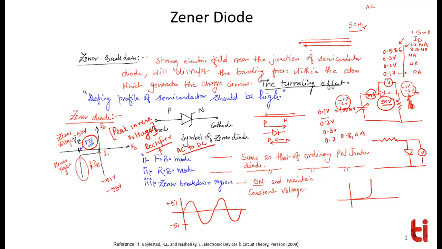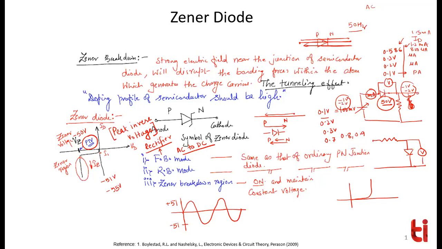Now the very simple thing is, if you want to convert this AC to DC, what you do is you put a diode over here. So whenever the current will go from this side to this side, it will allow, because it's a P to N, and P to N always the diode allows. And whenever the current is coming from this side to meaning right to left, it will not allow, it will block the current because it's a PN junction diode. It never allows the current from N to P.